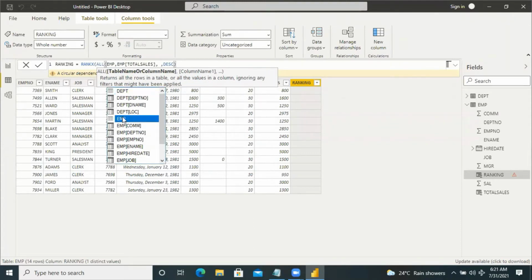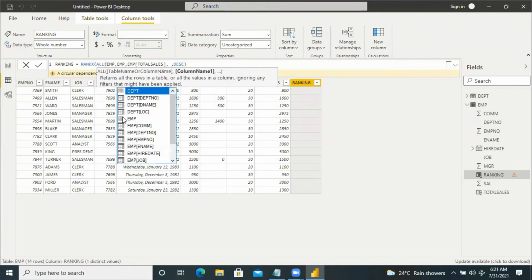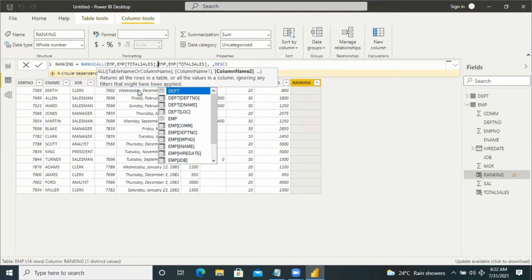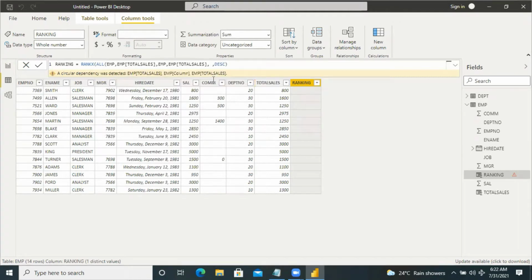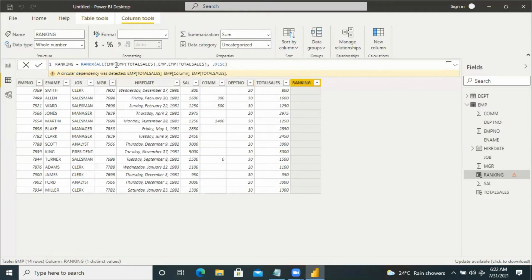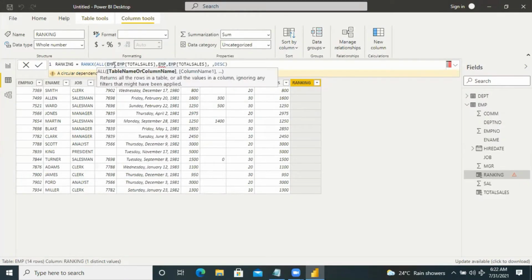All EMP table, comma, total sales, comma, value.